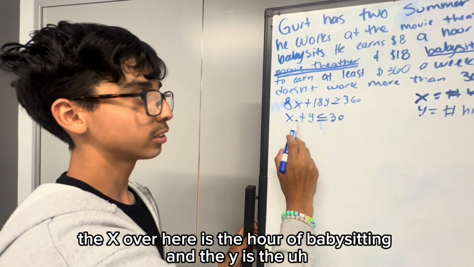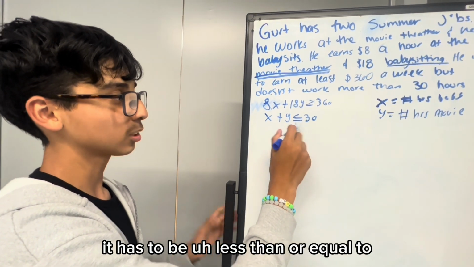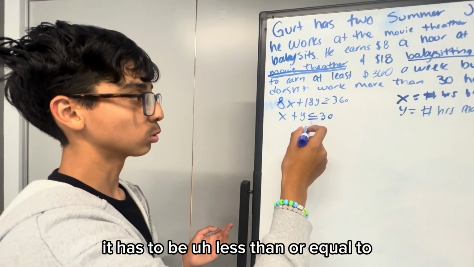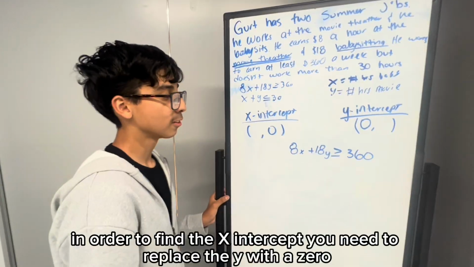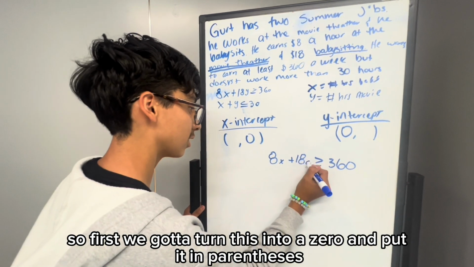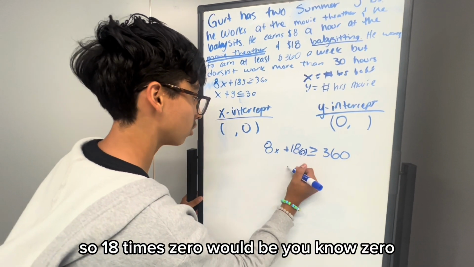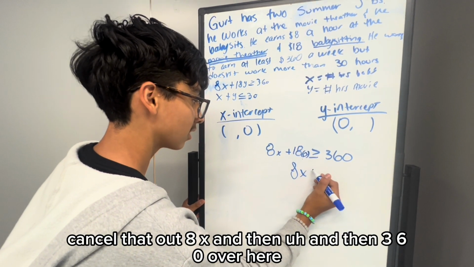The x over here is the hours of babysitting, and the y is the hours he works at the movie. It has to be less than or equal to. In order to find the x-intercept, you need to replace the y with a 0. So first, we turn this into a 0 and put it in parentheses. So 18 times 0 would be 0. Cancel that out. 8x, and then